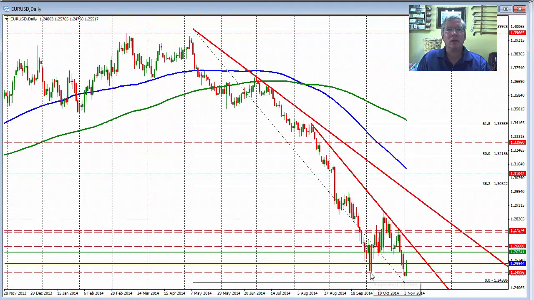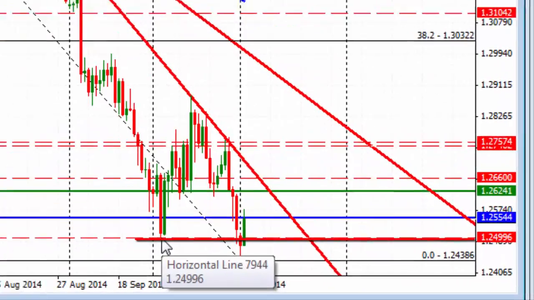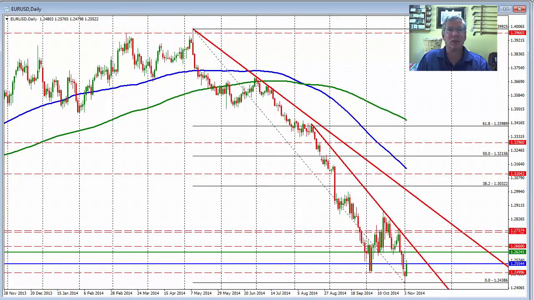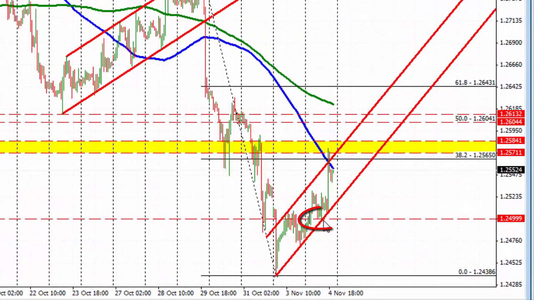If you go back and take a look at the low from early October, this was a low for the year. That level came in at 124.99.6, and that's where the market found support in trading here today. Right there at that 124.99.6-ish type area right here before the market moved higher. We did have some rumors coming out of Europe about the ECB's Draghi maybe being replaced by someone a little bit